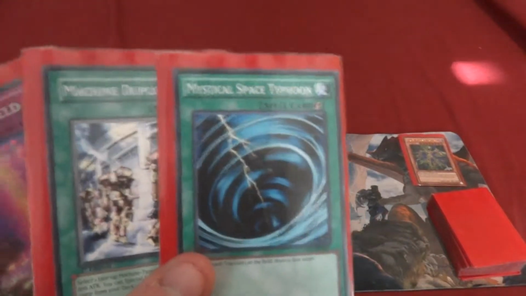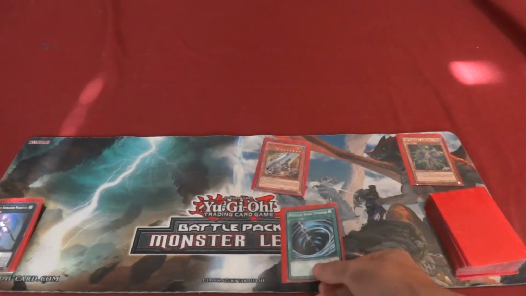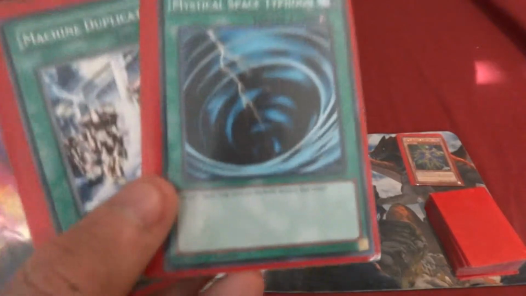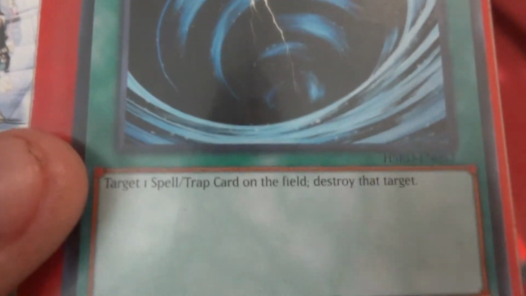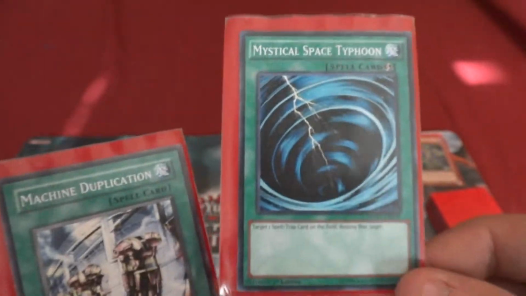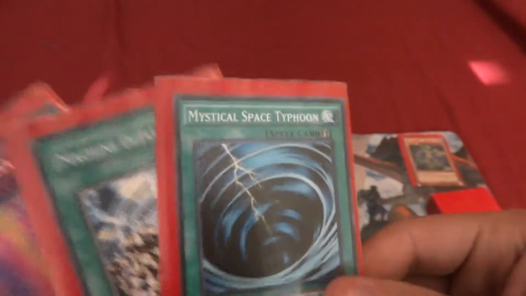Because I've seen a lot of new people think that Mystical Space Typhoon can be played when it's set and then just activated. People also think that Mystical Space Typhoon negates. No, it does not negate. Okay? Mystical Space Typhoon has one simple effect: destroy one spell or trap card on the field, and destroy that target. There is no way this thing negates, and the only reason is the wording on it. If it said negate on it, it would negate, but it doesn't. However,